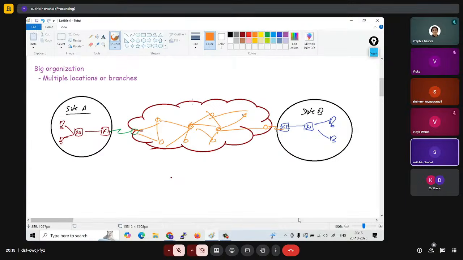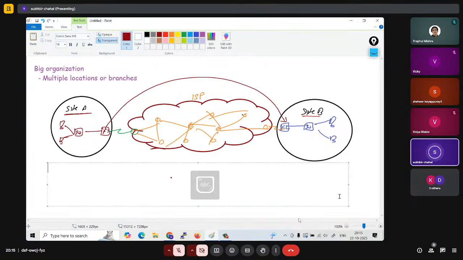And now we want to make communication from this site A to site B. So the major point here is that we want communication from site A to site B. Maybe this is my private communication between these two sites, right? But this traffic is forwarded through the public internet. So what is the requirement here, guys? Just understand the requirement. So the requirement is